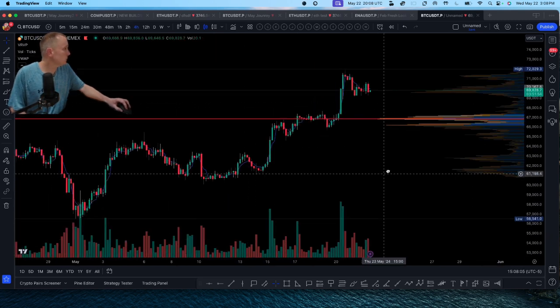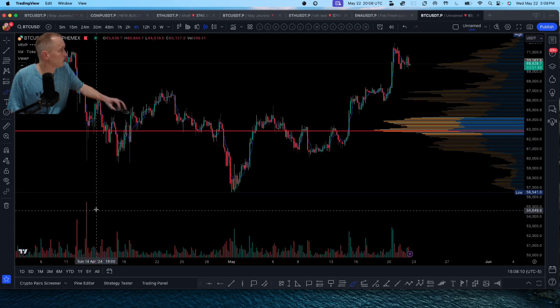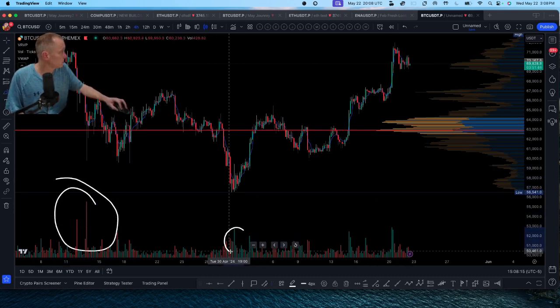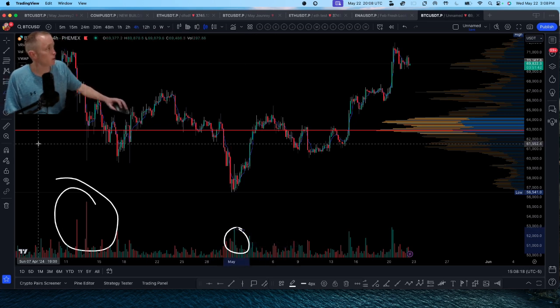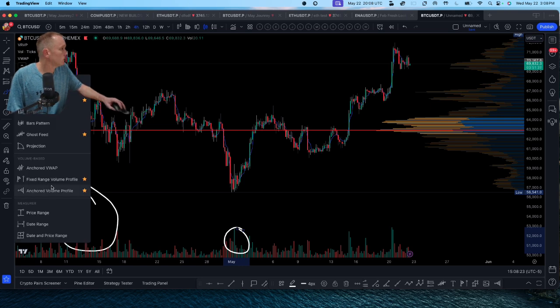Now looking at our chart, do we see any large spikes in volume? I do, right here. So if we were looking to possibly utilize something like an anchored vWAP, maybe here was a larger spike in volume. Again, let's look at how we use something like an anchored vWAP.